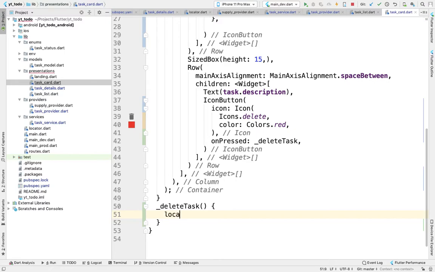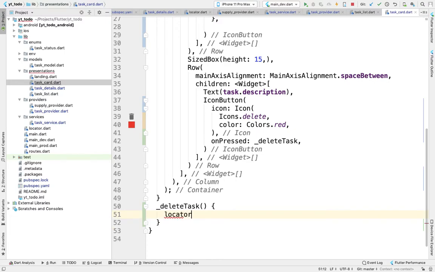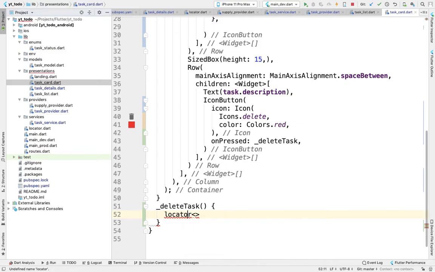and again we'll use the locator of, let's first import this, locator of task service, and I will import the service also dot delete task.